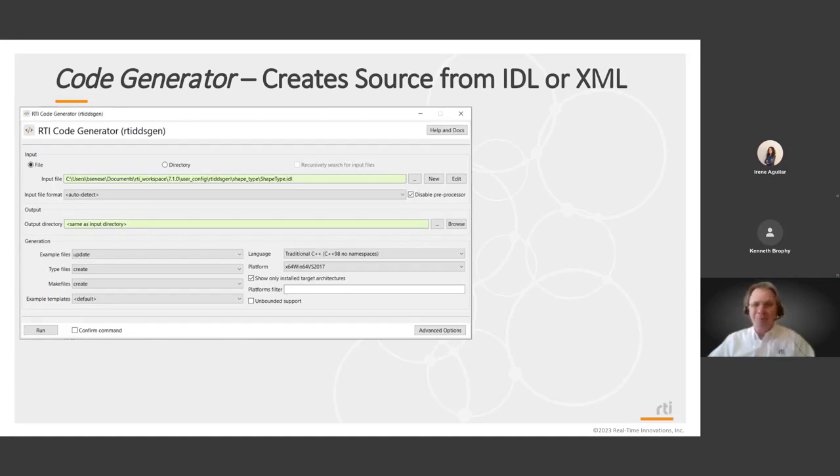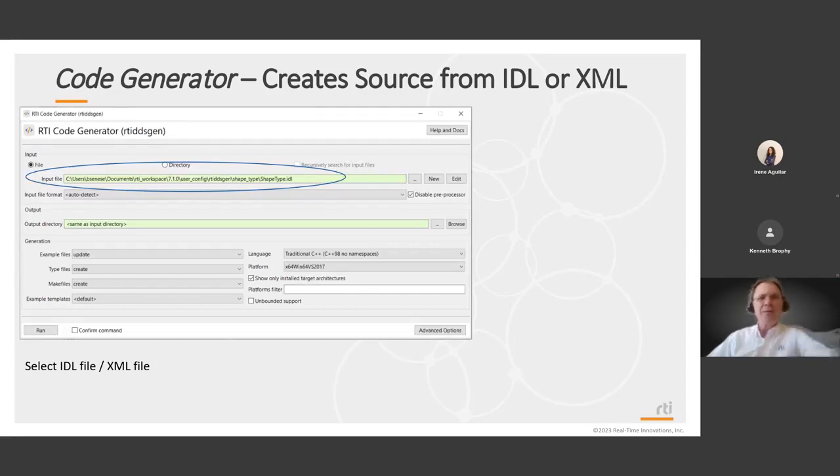Okay, moving ahead at light speed. The next tool is Code Generator. I think most people should be familiar with this tool. This takes an IDL file and creates source code. A couple of things that you have to do. The IDL file has to be in existence, and you would point to that IDL file with this tool in the upper line. Select it from a menu of possibilities in a directory structure and select the IDL file you want. Additionally,